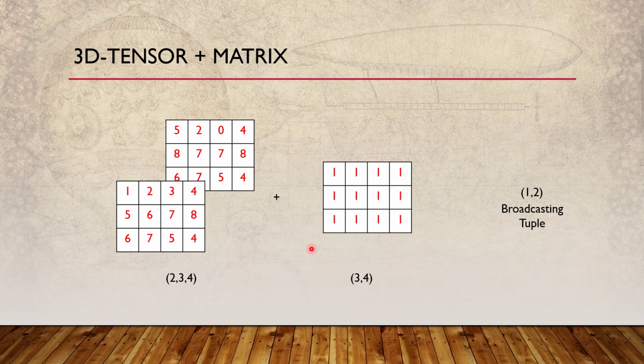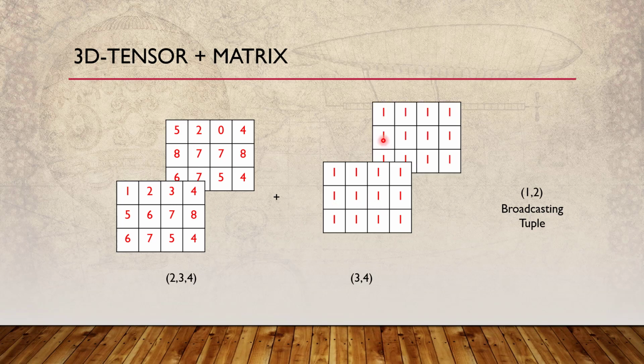And then we will just broadcast. We need to make these 2 shapes similar. That means if we just create these 2 layers of this guy, then we are done. So that is what we will be doing here while doing the broadcast, to make the shape 2, 3, 4. Okay, that's the overall idea behind this one.